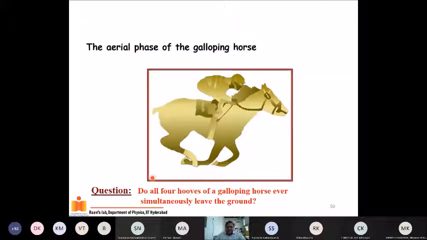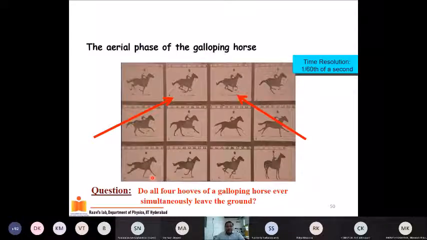Right? So this is something which people were bothered about earlier, and the first fast photography was invented to answer that question. This is the time resolution of 1/60 of a second, which was obtained by doing strobe photography. Right now we all have this flash camera sports mode, which does this kind of fast clicking. So you can click a fast running sprinter frame by frame because of your shutter speed, and the main background for the science behind that shutter speed came from this kind of experiments which were done in those days.